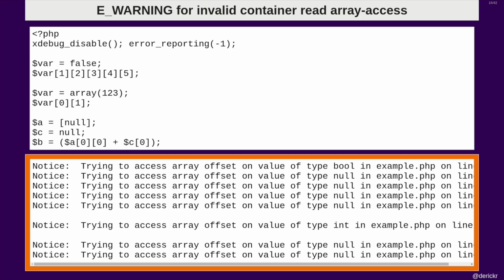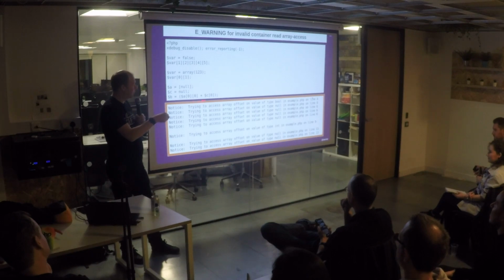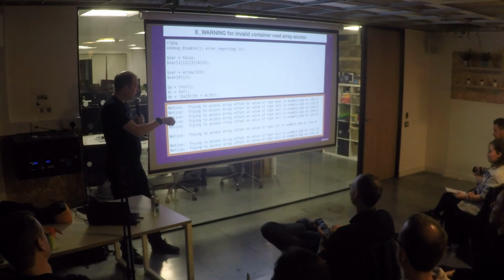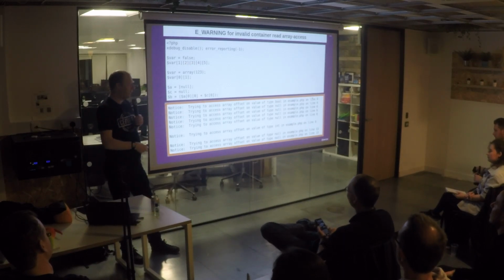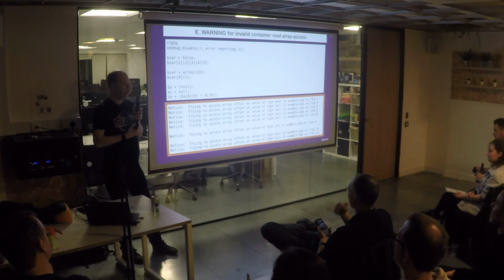It'll tell you the first one, because var is false, you're trying to access an array offset on a value of type bool, which is this type. Now the return of doing that is null. So the next 4 warnings you get are for the 2, the 3, the 4, and the 5. PHP 8 will likely extend this to fatal errors. So you're going to have to be more careful with how you do these kind of things.